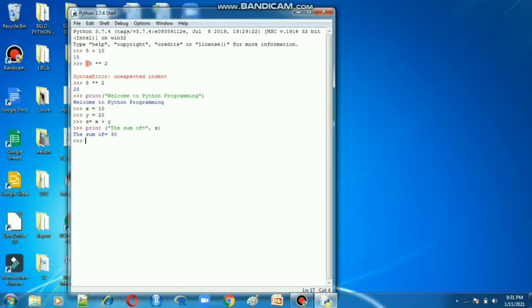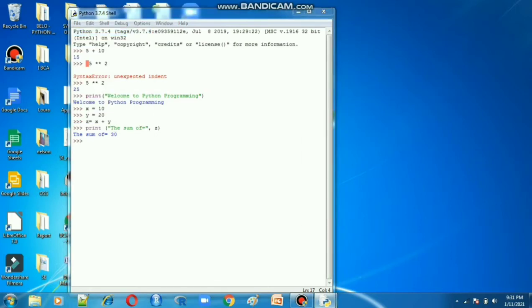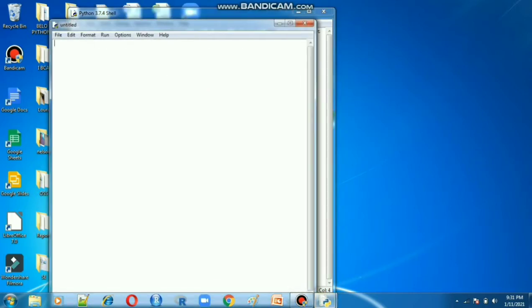Next one is the script mode. Another one is script mode. So in script mode, what do you have to do? Go to File, New File. This is the script mode. Here itself we have to type our code.